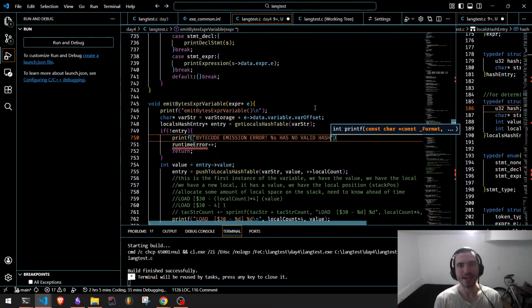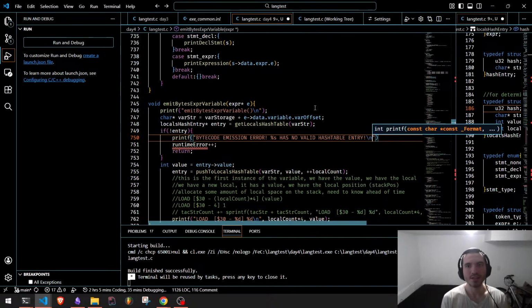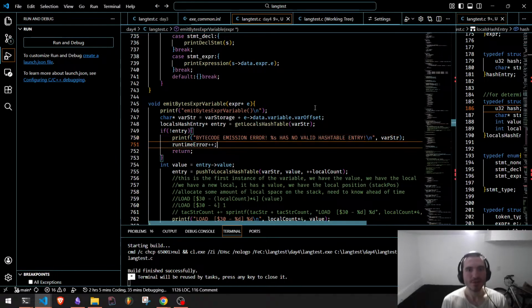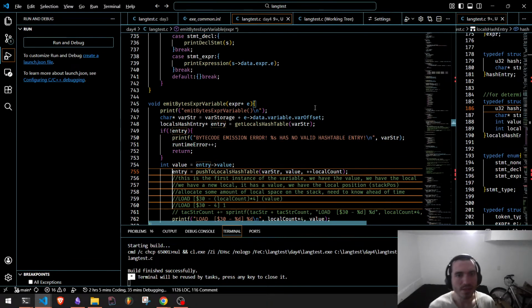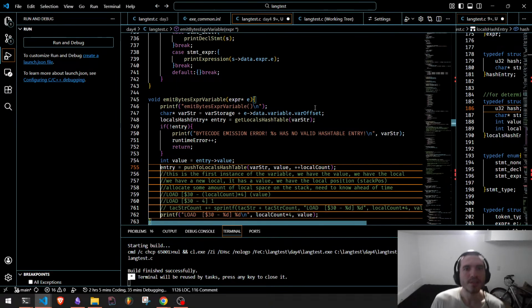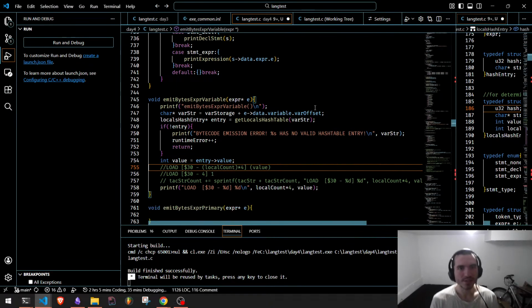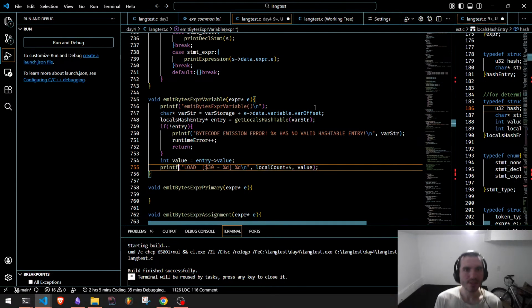Has no valid hash table entry. Yeah. And then we'll do bar string. Okay. Otherwise, we'll just keep going. We don't need to push. We don't need to do any of this. The value, we're just going to move